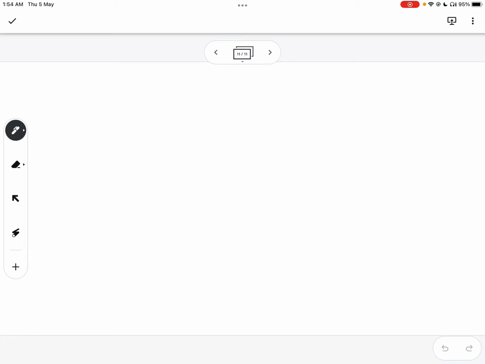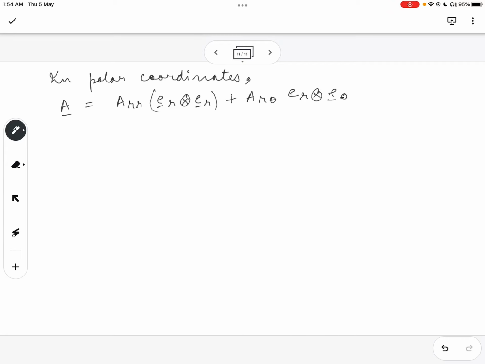Let's look at it in terms of polar coordinates. So in polar coordinates, let's say a tensor is given as ARR ER dyadic ER plus A R theta ER dyadic E theta plus ARZ ER dyadic K plus A theta R E theta dyadic ER plus A theta theta E theta dyadic E theta